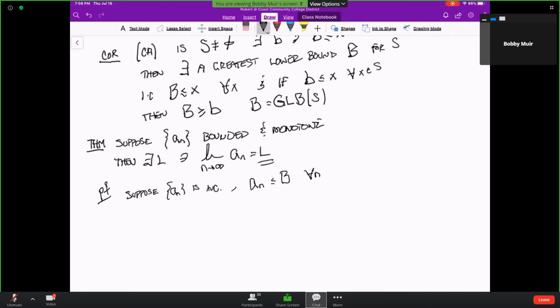Well, by the completeness axiom, the sequence which is bounded above